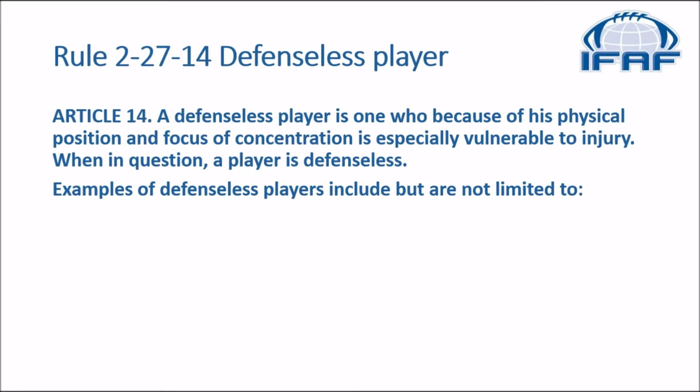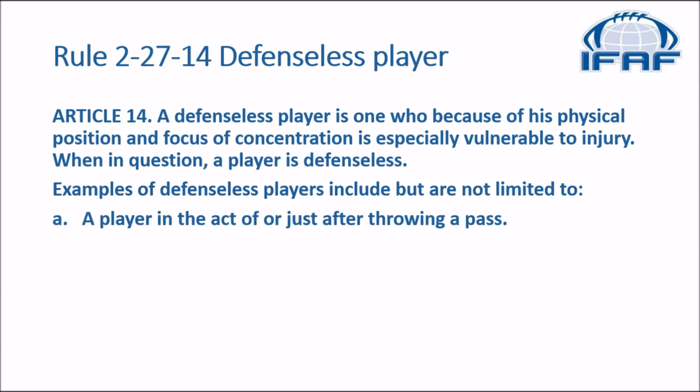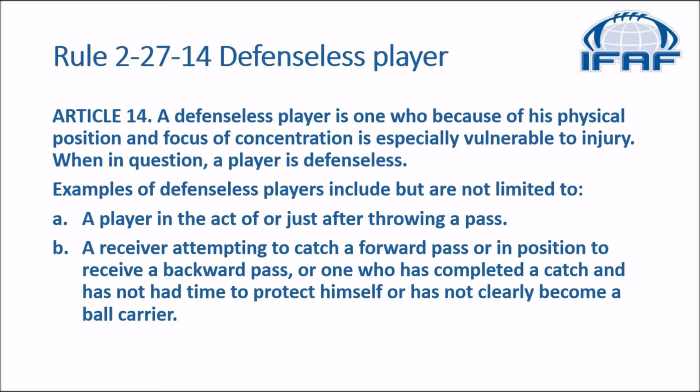In the rulebook, we go to definitions in 2:27:14. A defenseless player is one who, because of his physical position and focus of concentration, is especially vulnerable to injury. When in question, a player is defenseless. Examples of defenseless players include, but are not limited to: A, a player in the act of or just after throwing a pass. B, and this is the focus of this training tape, a receiver attempting to catch a forward pass